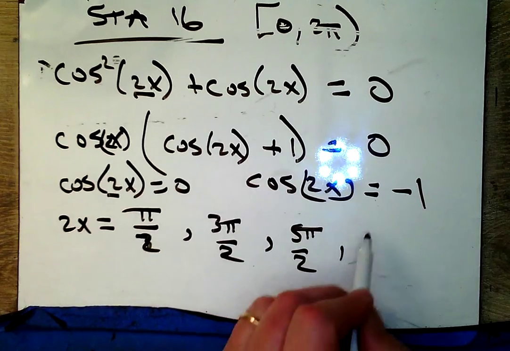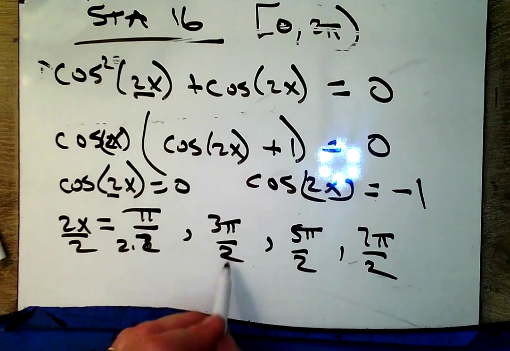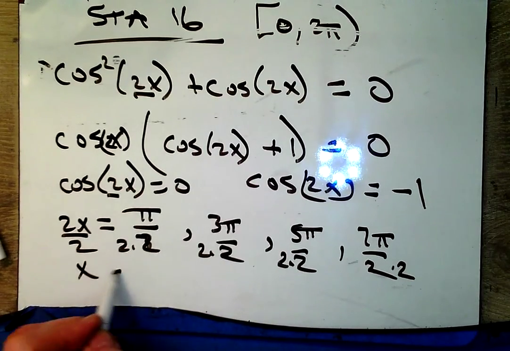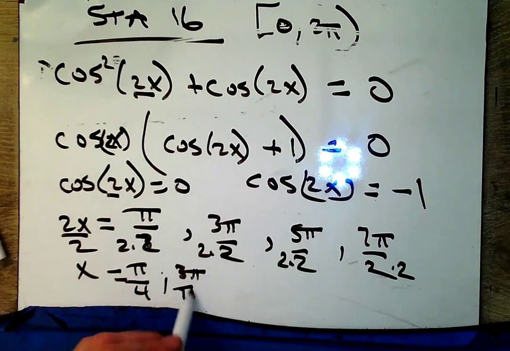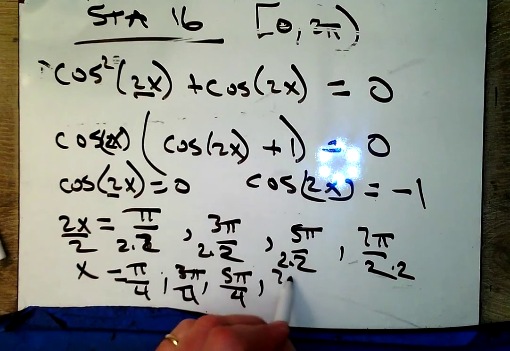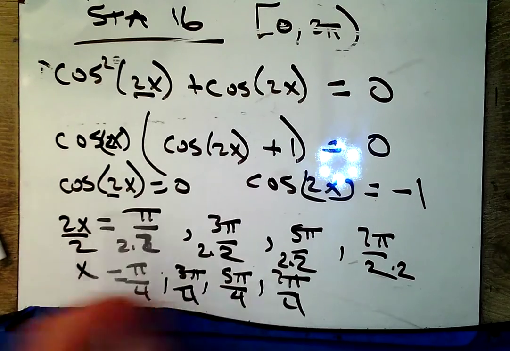So I get this, and I get this. Remember, we need to divide everywhere by 2. And so I get x equals pi over 4, and 3 pi over 4, and 5 pi over 4, and 7 pi over 4. Some students stop there because they feel like they've done a lot of work, but